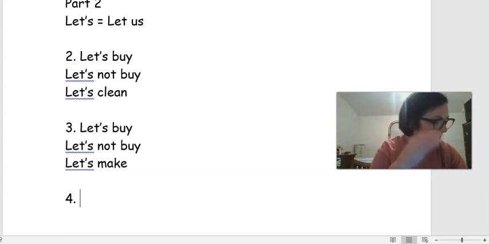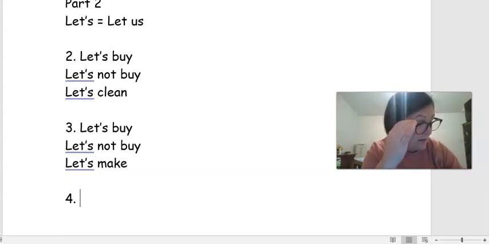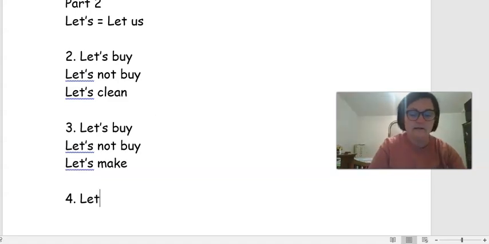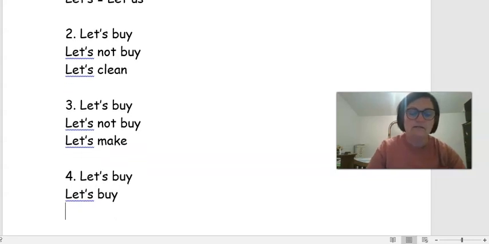Number 4, that chair has a broken leg. Yes, let's buy a new chair. We know it's buy because they're talking about new items. And then they're in agreement. It says, okay, so we know it's just going to be let's buy, because it's positive, right? It doesn't say no. And the last one, number 5,